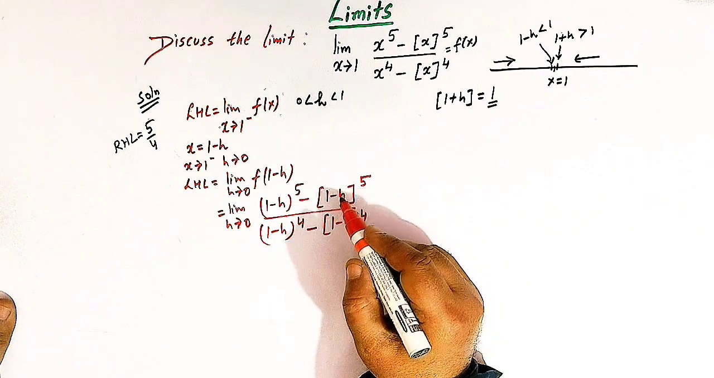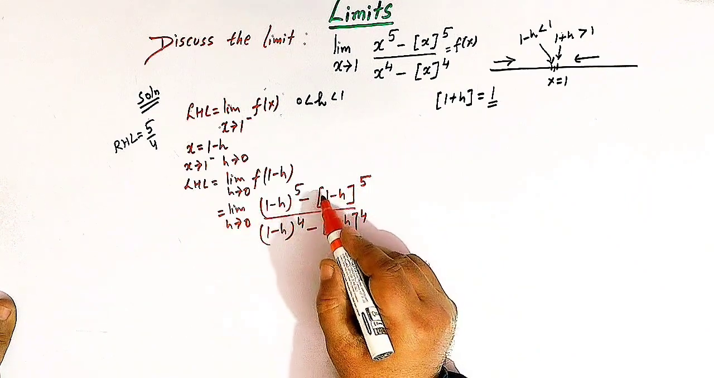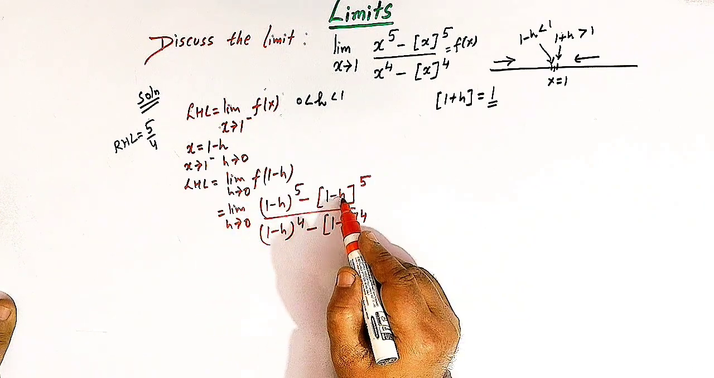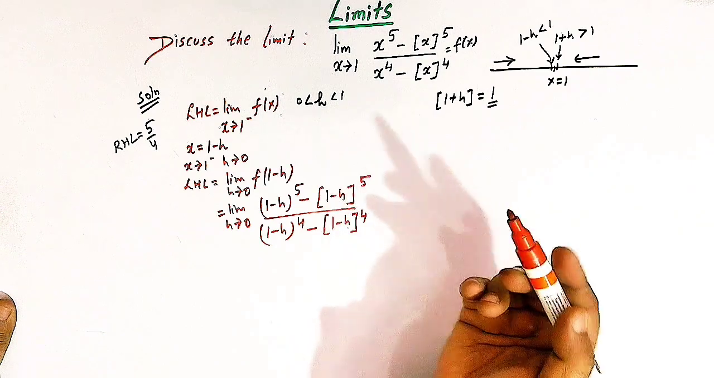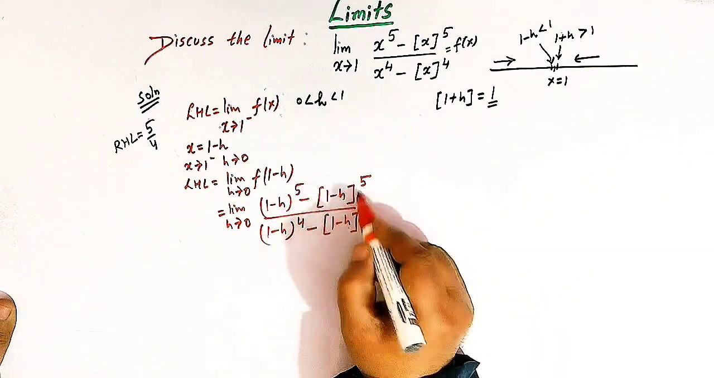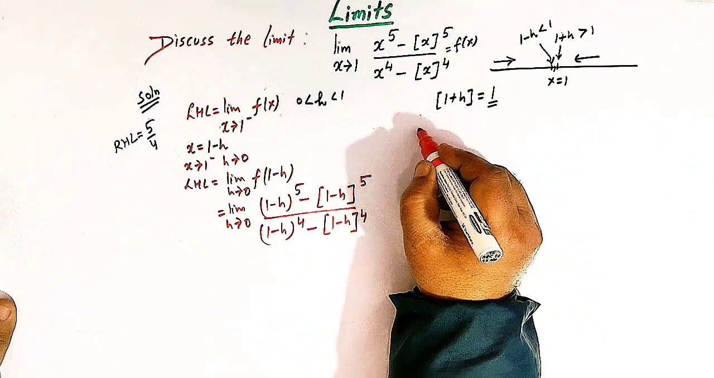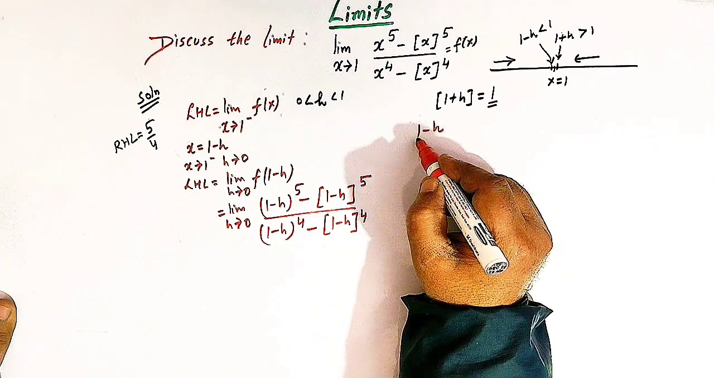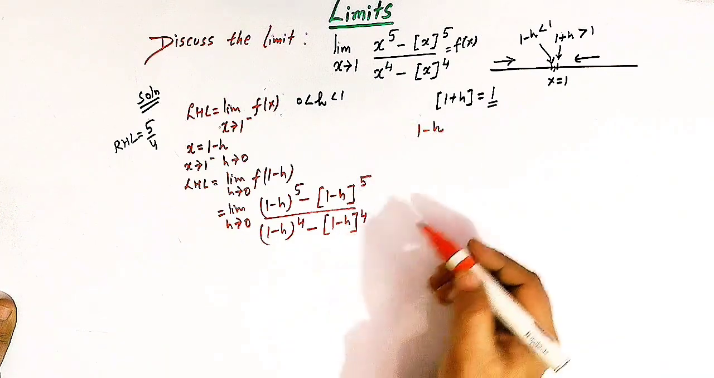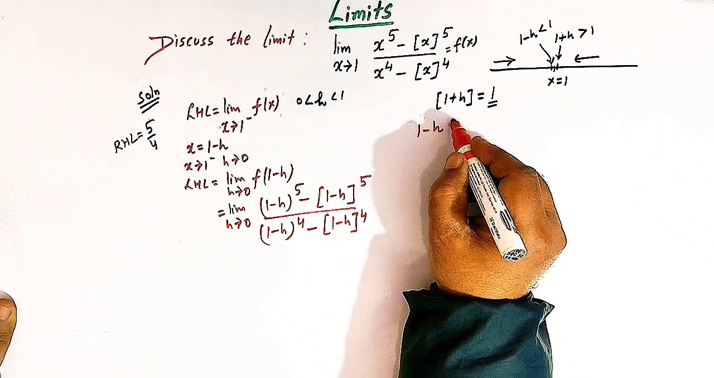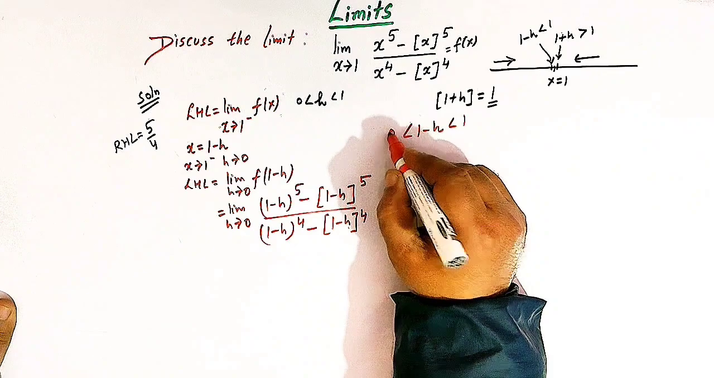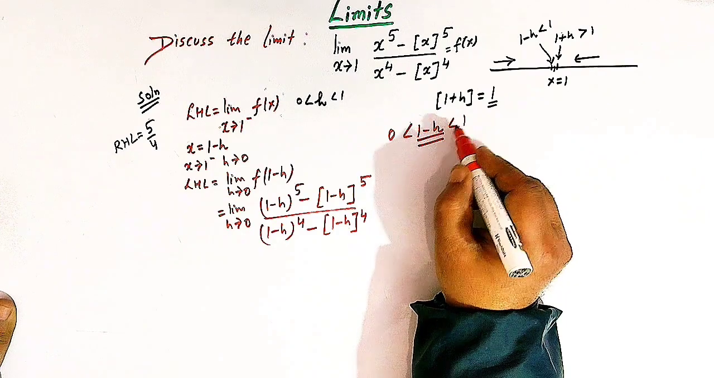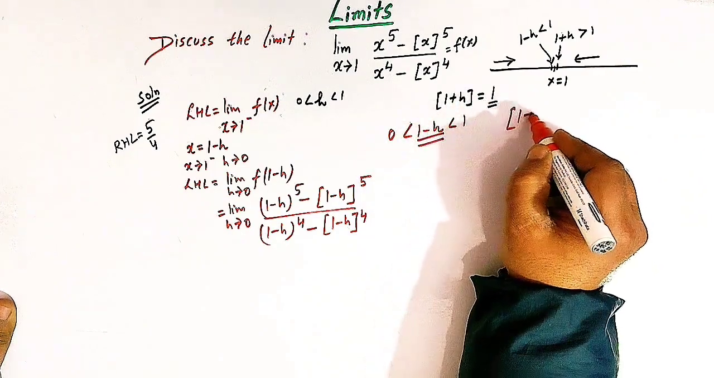Okay, and here again we have the same situation. We have the greatest integer function, and we cannot directly substitute h equal to 0 over here, right? So now we'll make use of the definition of greatest integer function. So this quantity 1 minus h, because h is a positive quantity, when we subtract h from 1, this number is slightly less than 1, but it is greater than 0, right? So 1 minus h lies between 0 and 1,